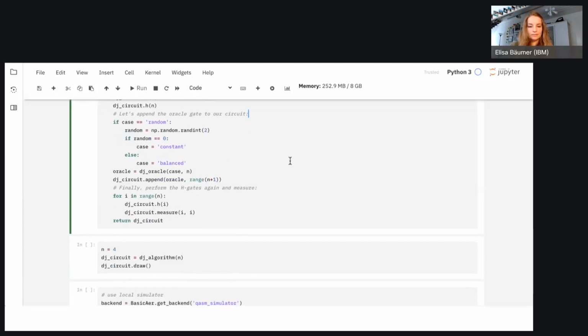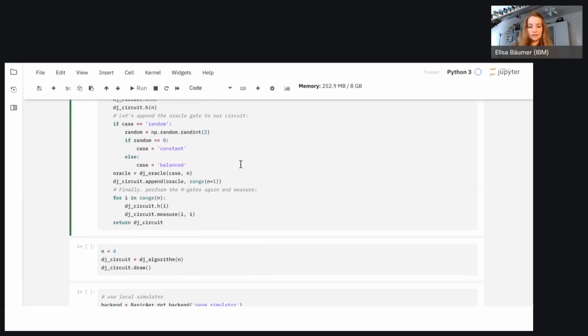Now I've created the case random, but I didn't specify what it means. If I want to call my function, I need to tell the function whether it's constant or balanced. I don't have any other options there. So if the case is random, I just randomly want to choose either constant or balanced. I create a random variable, which is an integer, one out of two integers, so either 0 or 1. If it is 0, my case is constant.